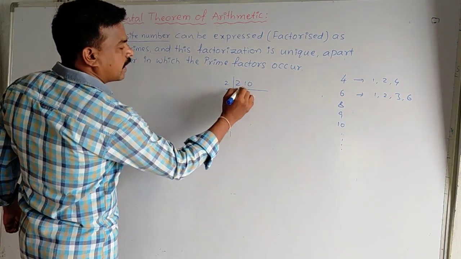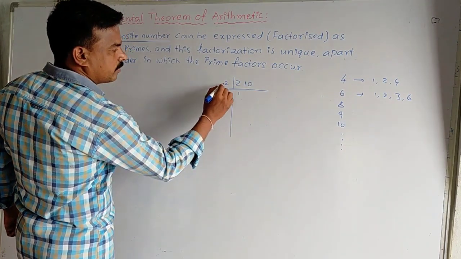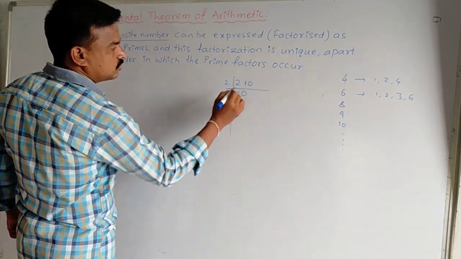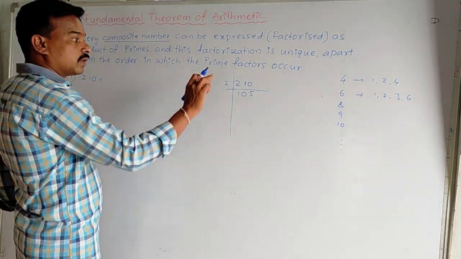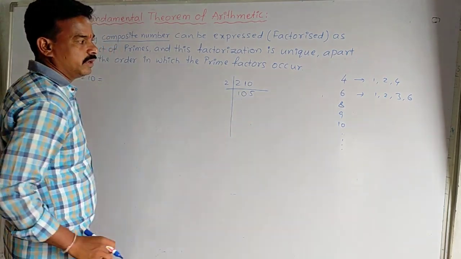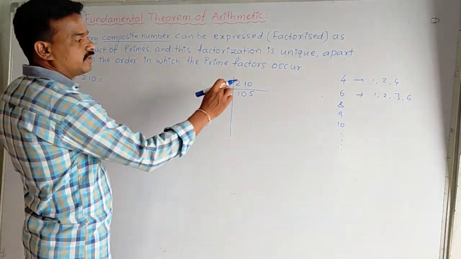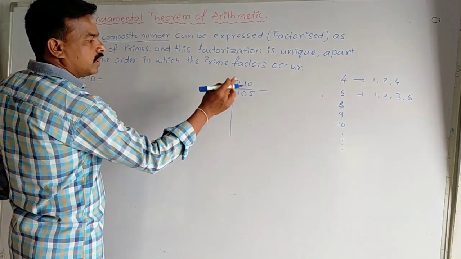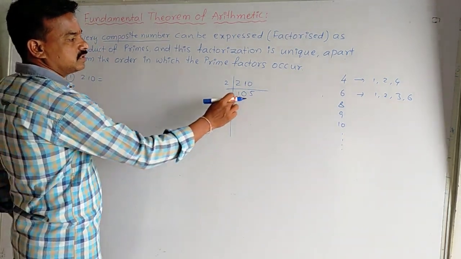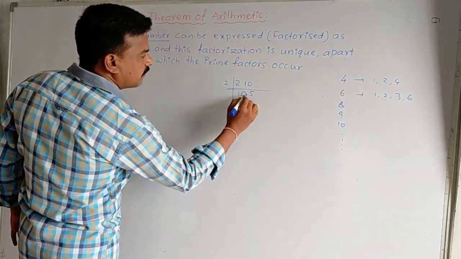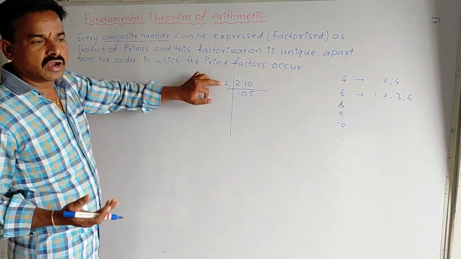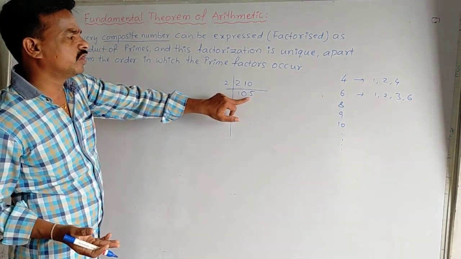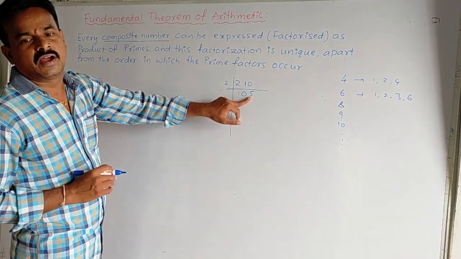2 on 2, and this 1 is not in the 2 table, that's why 2, 0, 0, 0, and then 10, 2 fives are 10. So the quotient we should write below the 210. After dividing 210 by 2, the quotient we should write below the 210. Again, is 105 divisible by 2 or not? It is not divisible by 2 because it ends with 5.